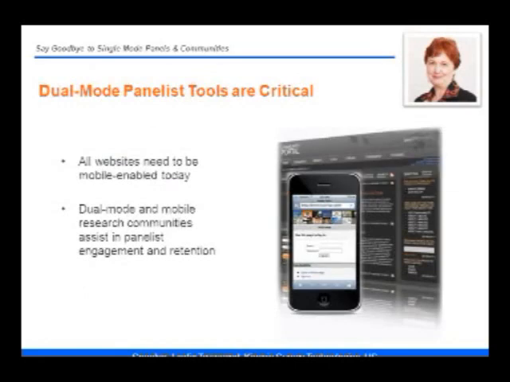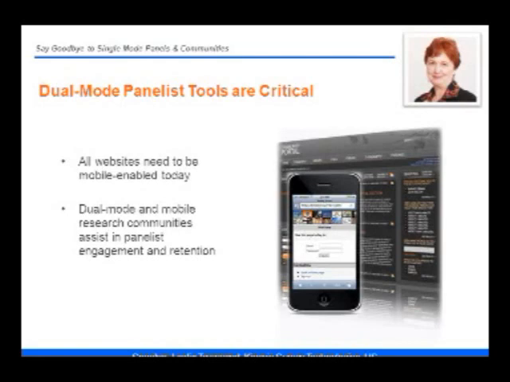Once in the panel, or even if only visiting the panel website to redeem incentives or check privacy policies, the panelist website is or should be a critical component of panel management strategy, and increasingly needs to be device agnostic, or as a more complicated alternative, be augmented with one or more mobile applications. So any functionality that is web-enabled should be mobile-enabled, and we would argue that mobile enablement means providing new and